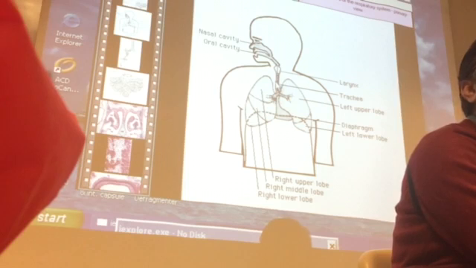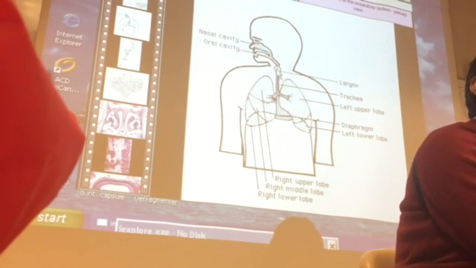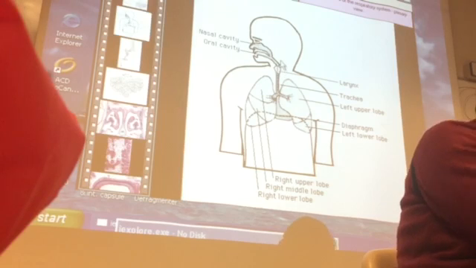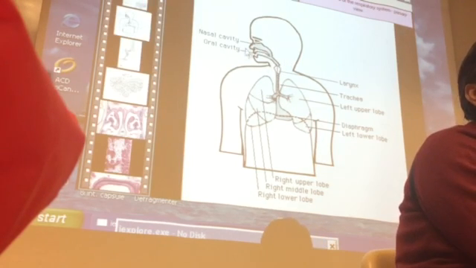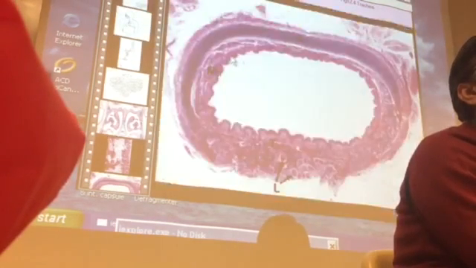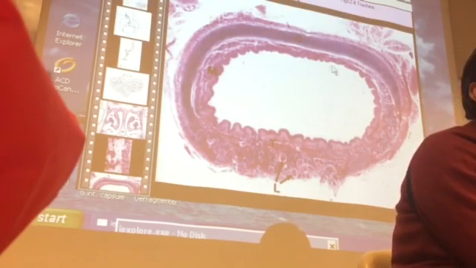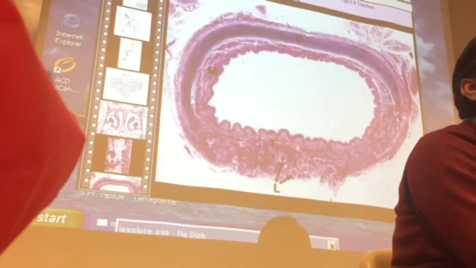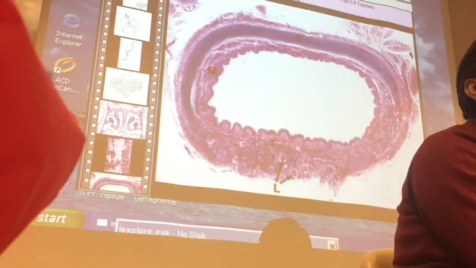So if we go from outside, what will we see? We see these rings, and then inside we will see some connective tissue, and inside the connective tissue, we will see some glands and we will see epithelium. Okay. So if we go from inside, the first structure we will see is this epithelium. This is the space or lumen where air is present, and then we will see this epithelium. And behind the epithelium, we will see some connective tissue and glands, and then we will see some muscle, and then we will see a cartilage. And outside the cartilage is present